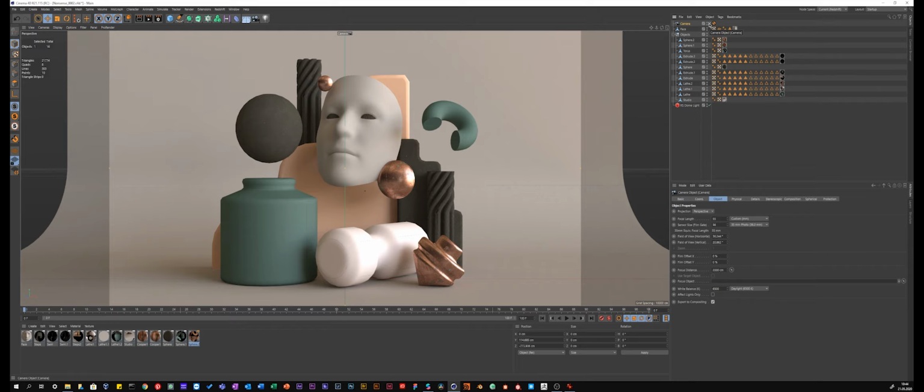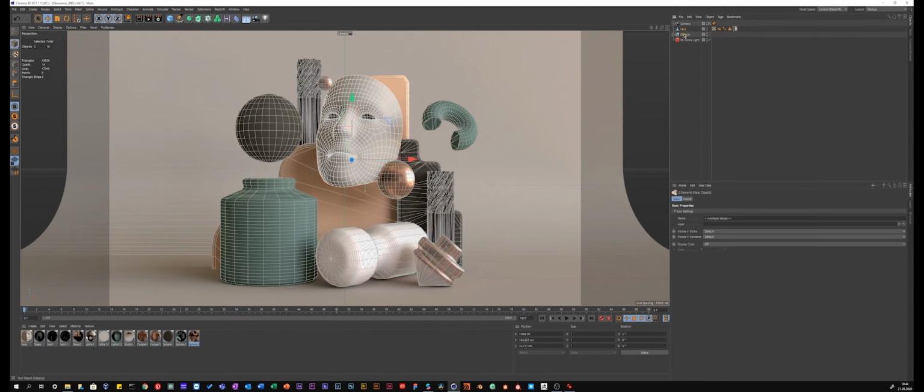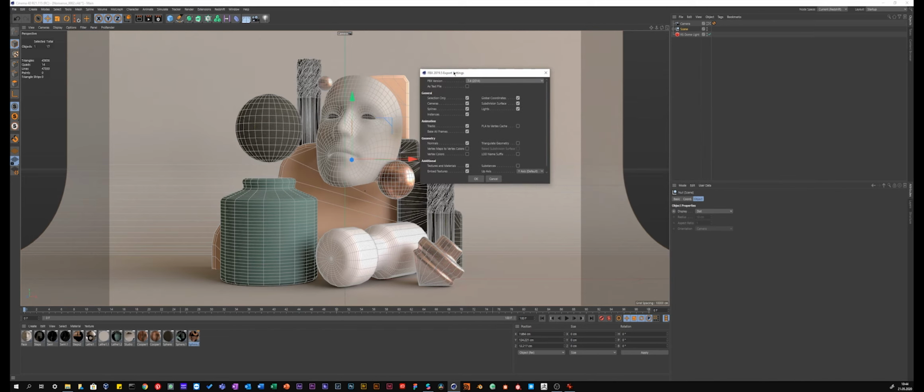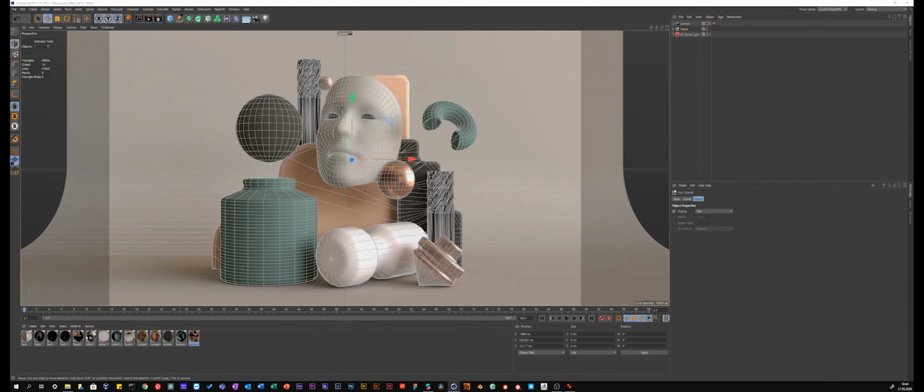everything in Cinema 4D is perfect right now, and we can export the whole scene. So I will just add everything into one null object, call it scene, and export it as FBX with all materials embedded into the file. So yeah, I think that's good for now. Yes, okay. And I will export it,